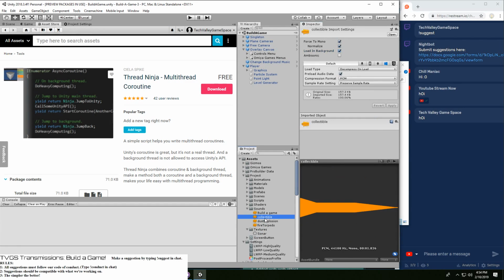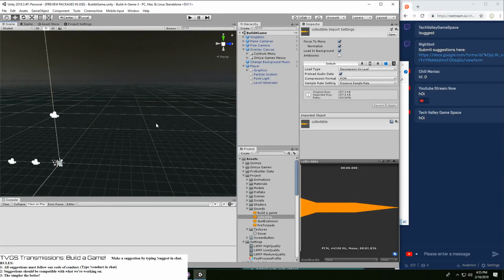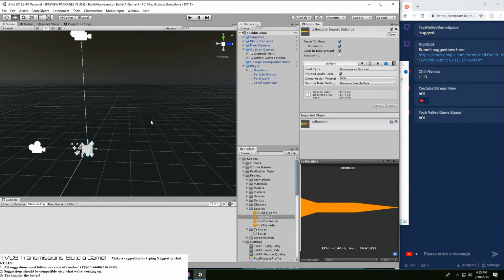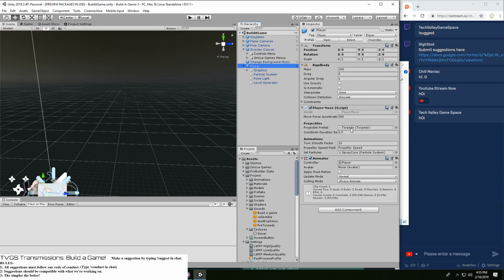So the line of thinking is that sound effects more or less should be at the highest quality possible, which the PCM handles. But anyways, we got all of our submarines in here, and we need to figure out a place to bind these sound effects. So collectibles is going to be playing when the player is hanging around.